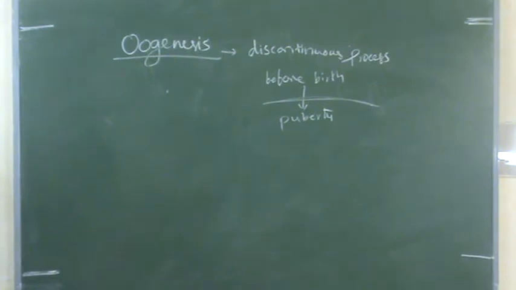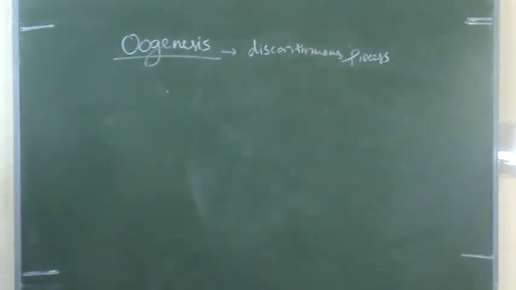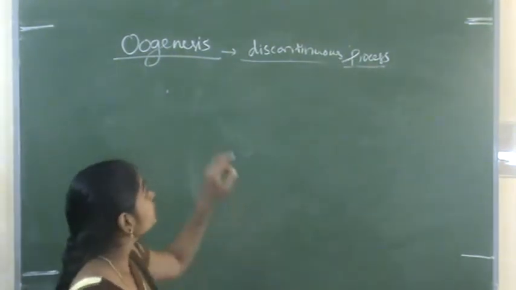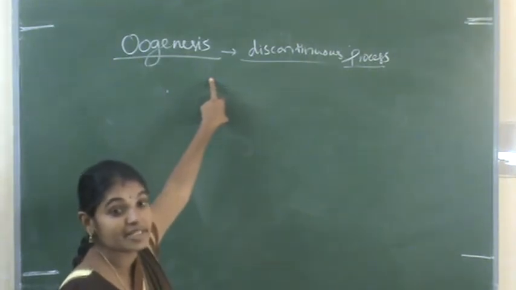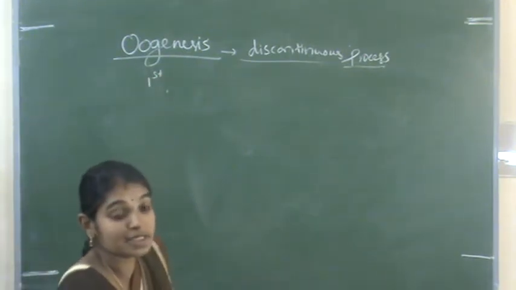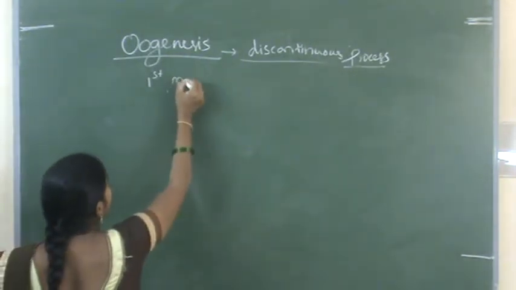So here we will take the first month of the gestation period, because the oogenesis process is started before birth. So now we will take the first month of